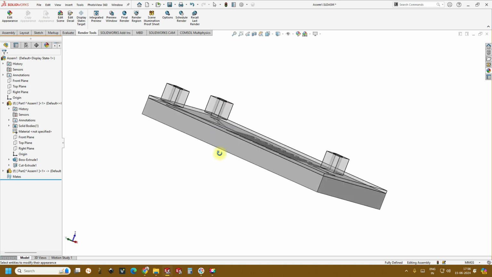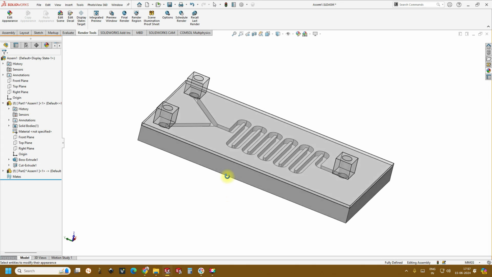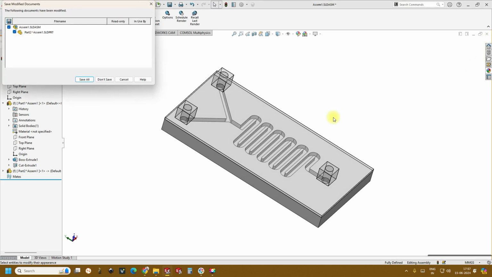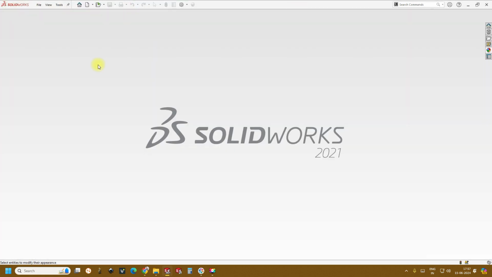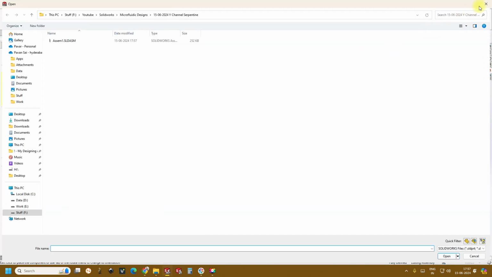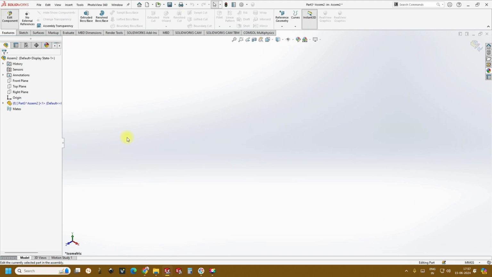So moving ahead, today we'll be doing this 3D Y channel integrated serpentine microfluidic channel. Something similar we'll be doing today. So let's close this first. Now like we did in the previous design of Y channel, the same thing we'll be doing. Select the assembly, click OK, and now go back to assembly, insert the new part, click on the screen, edit the new part,